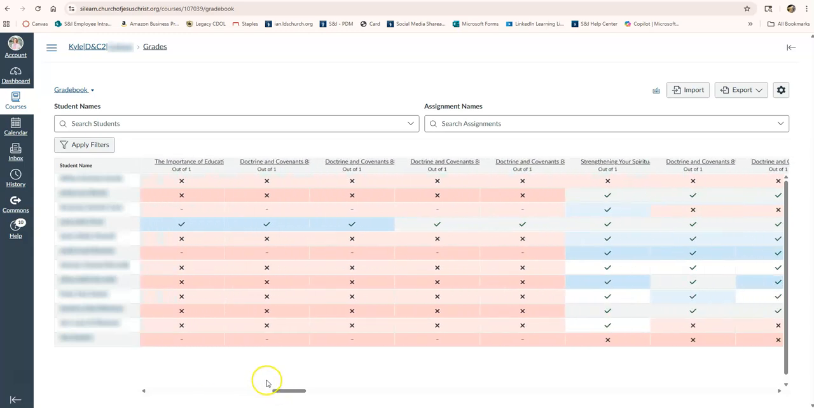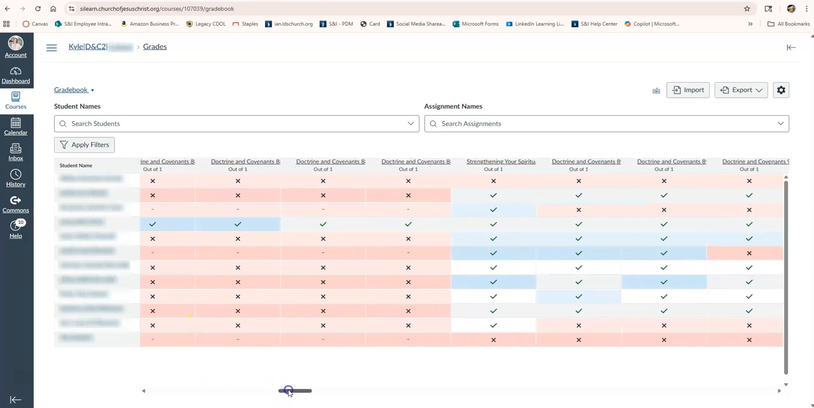This particular teacher has shown that when a student has submitted an assignment, you'll see a green check mark. That means she graded it. The X means nothing has been submitted yet. When we continue to scroll down,